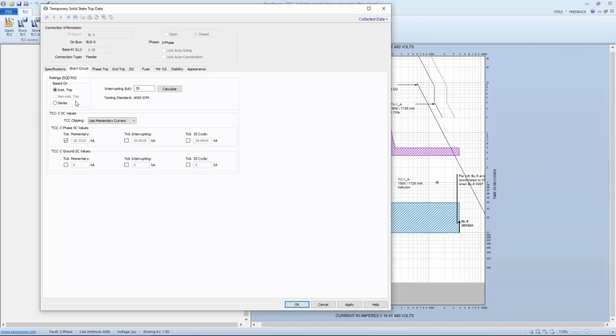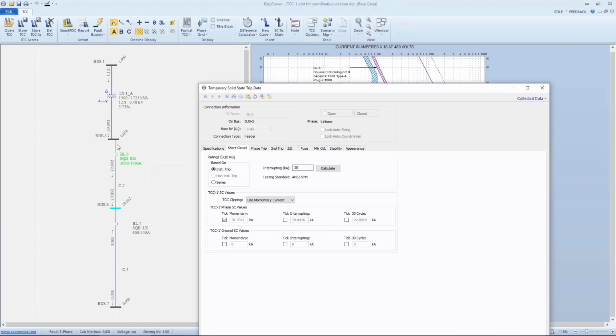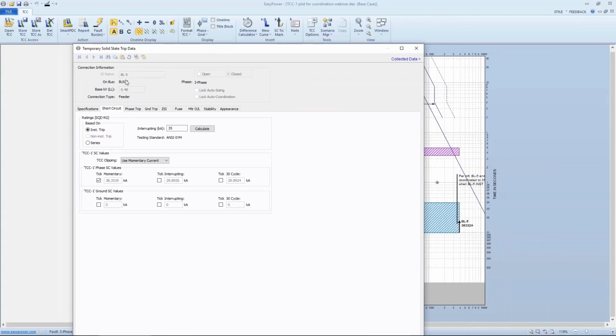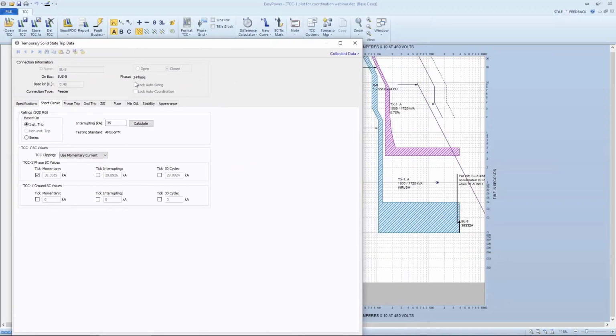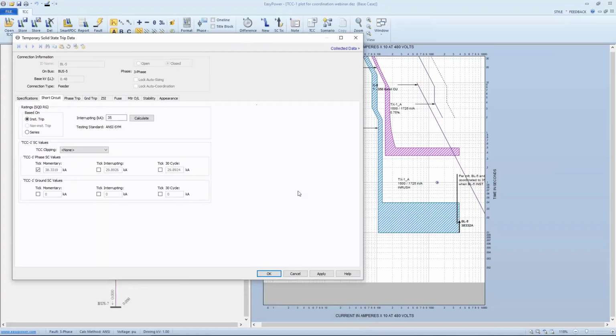If we look at our short circuit setup for any particular breaker, in this case we picked this main breaker BL5. As I'm setting up my breaker, I have the ability to use clipping so that we don't display current beyond the maximum for this particular device. If I set this to none, I can see that there's no upper limit to the display,